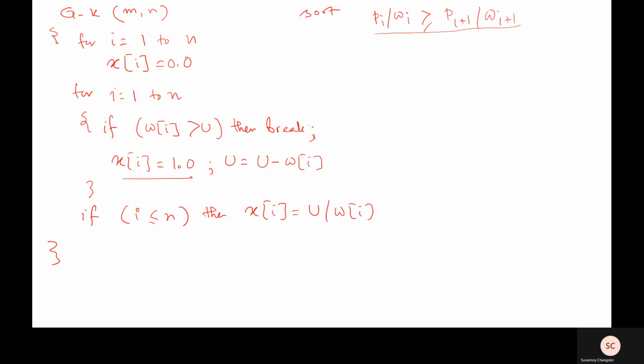Now the question is, yes, if you just execute your example in this algorithm, you will find the solution. That is not the problem. But the question is whether this algorithm will always give us the correct solution, correct meaning optimum solution, or not. So let's prove a theorem. If we prove a theorem, that means we can say that it will always give us the optimum solution. Okay, let us go for proving a theorem.